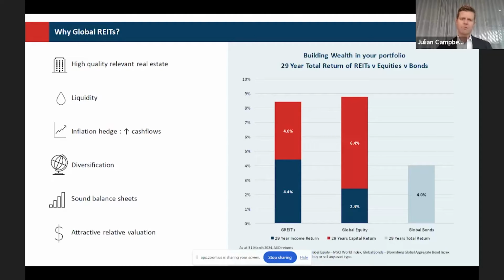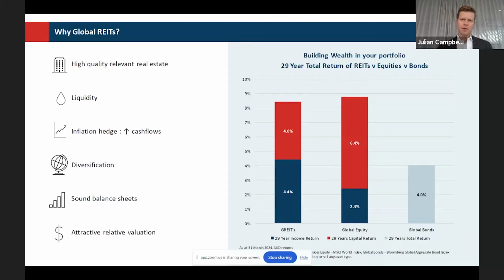They're giving you access to really high quality commercial real estate in major markets around the world in a liquid and unitized form. It's real estate which is very difficult to get access to for private or unlisted investors in this quality and the quality of the operating platforms. And also it's the type of real estate you can get exposure to. Diverse range of different property sectors ranging from healthcare, data centers, cell towers, life science and lab space, self-storage, through to some of the more traditional sectors of grocery-anchored shopping centers and industrial and logistics.